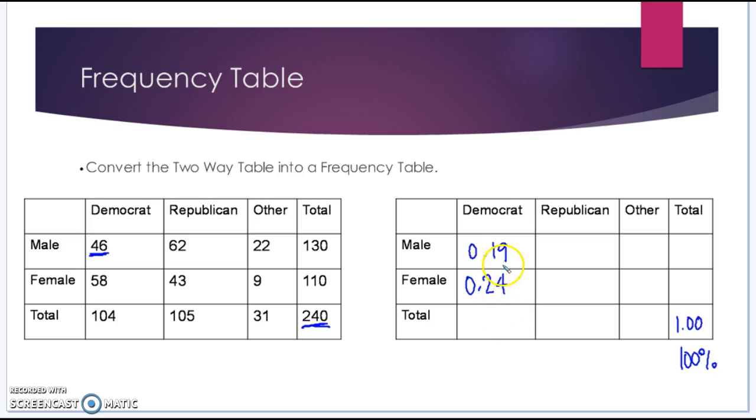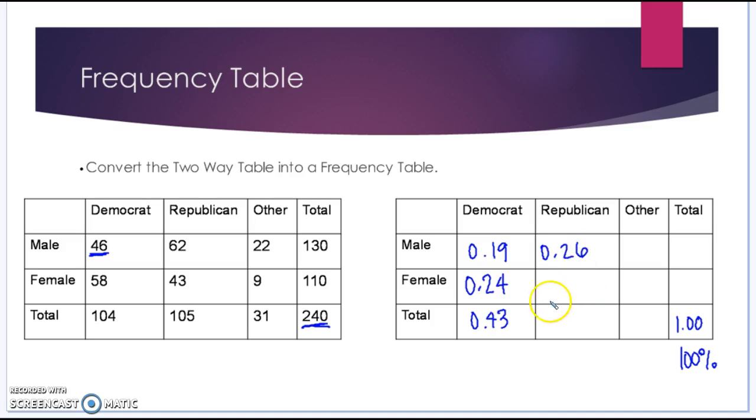And then you have two options. One, we can go ahead and add 0.19 and 0.24, which would end up giving us 0.43. So I know this has to be 0.43. Or you can keep going. 104 divided by 240, which does give you 0.43333 repeating. Okay? Republican males, that would be 62 divided by 240, which is